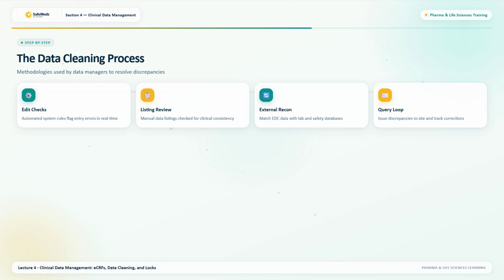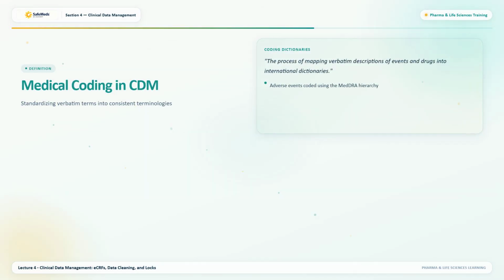External data integration involves importing and reconciling data from external sources, such as central laboratories, imaging vendors, and electronic clinical outcome assessment platforms. External datasets are received in standardized file formats and loaded into the clinical database. Data managers perform data